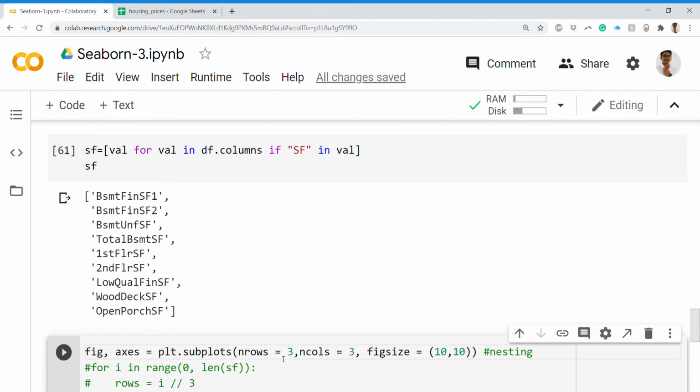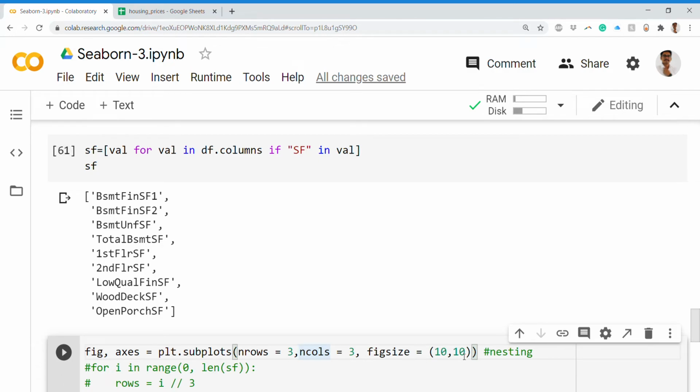Then what I'm passing here is the number of rows that I want. I want a canvas with 3 rows horizontally, and vertically I want 3 columns. That will be a 9-entry matrix or grid, corresponding to our length of SF, that is these many columns, and the figure size that I want is 10 by 10.